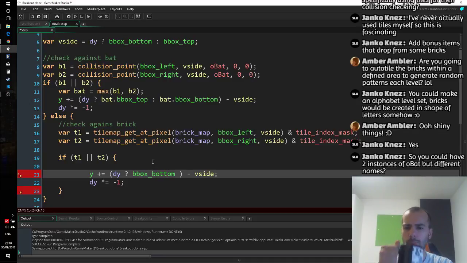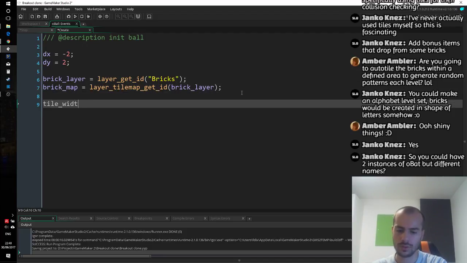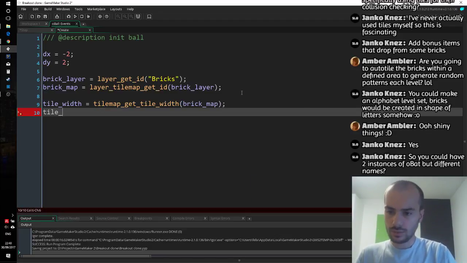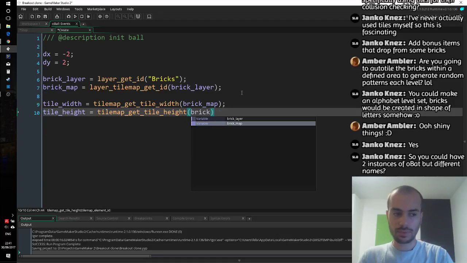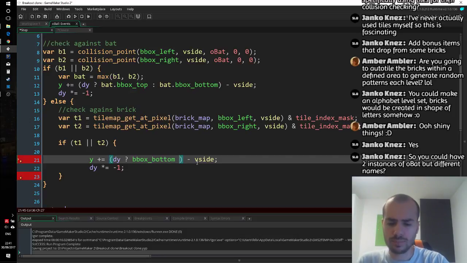we need to get the size of the tile map. We're going to the create event. I'm going to say, no var, just tile width equals tilemap get tile width brick map, and tile height, whoops, equals tilemap get tile height brick map. Go back into a step event, and now we can say that if we're going downwards, we want to check against bbox bottom, and we want to, now I could and it, but I'm not going to, I'm going to snap it, so I can div, ooh,